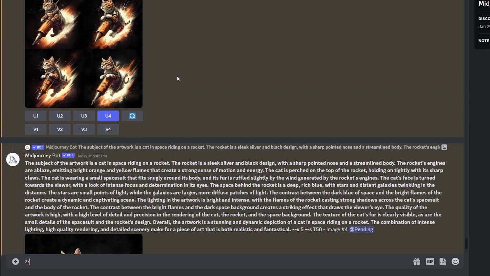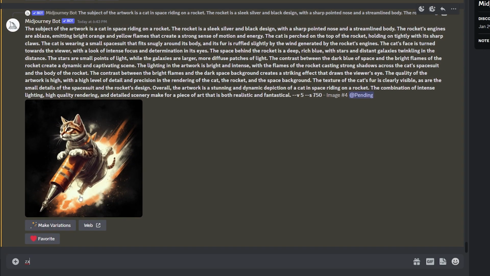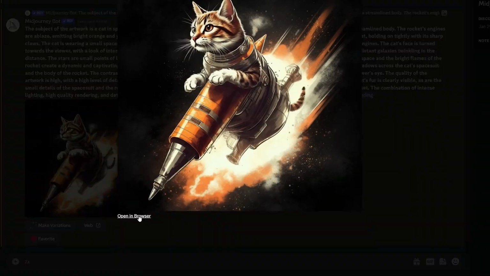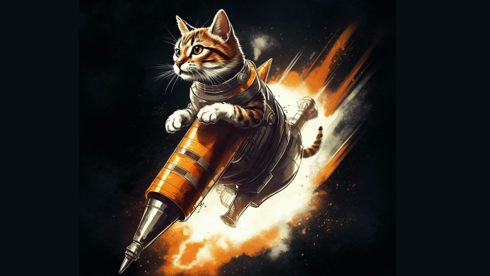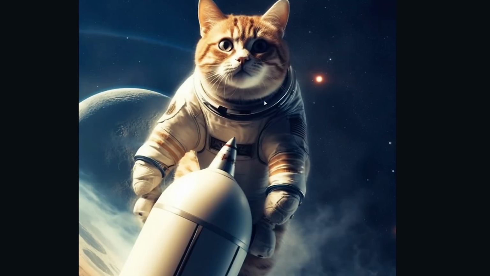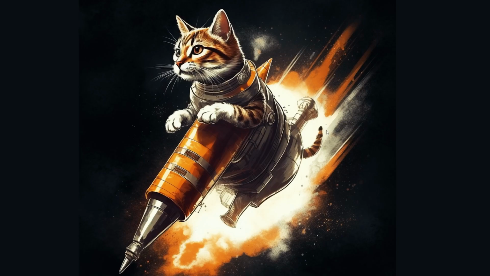Now, after Midjourney took some time to actually create these images, I was able to find the one that I liked here and I upgraded it. And you can see this detailed picture here is much more detailed, and the cat is very detailed itself. You can see the paws in here aren't really formed in the first image. You do have the space behind it, but in this image you really do see this cat,